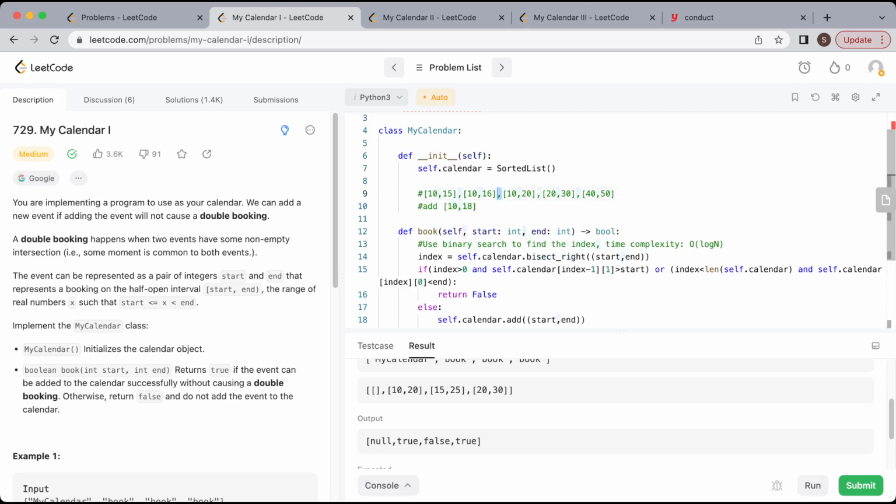So the index will be index 0, index 1. So this function for the new event 10, 18 to insert into this sorted list, the return value index will be 2 here. Okay, because we don't allow an overlapping, so we just delete them and consider a new event,